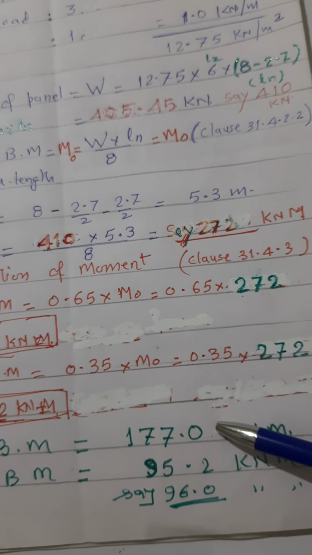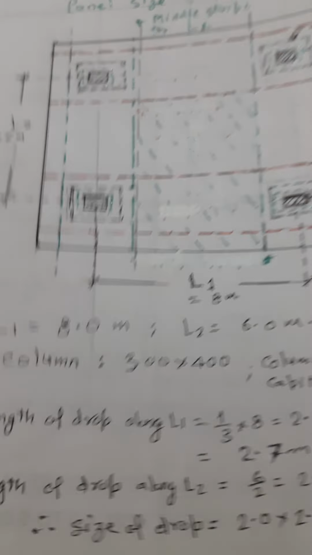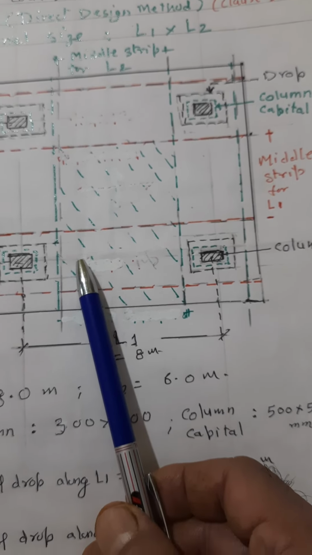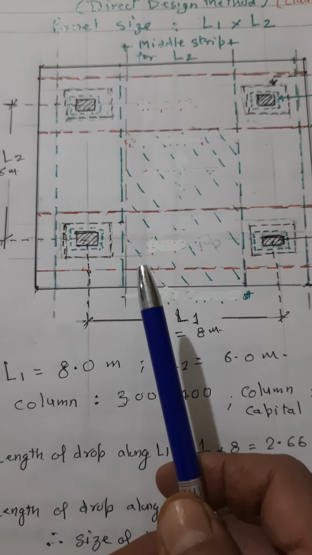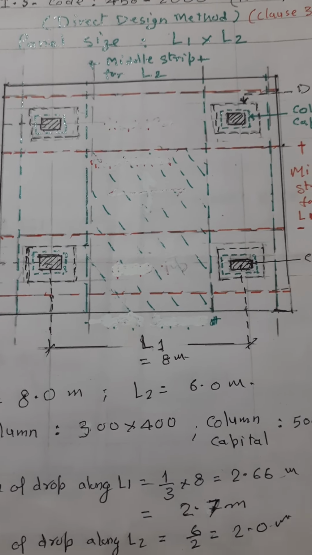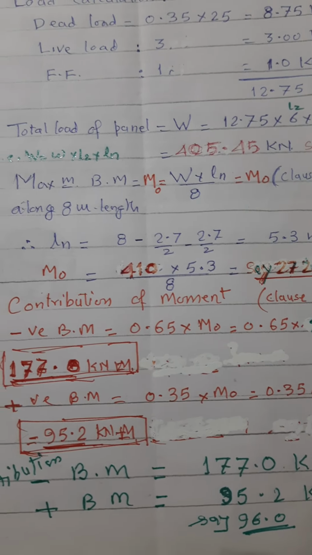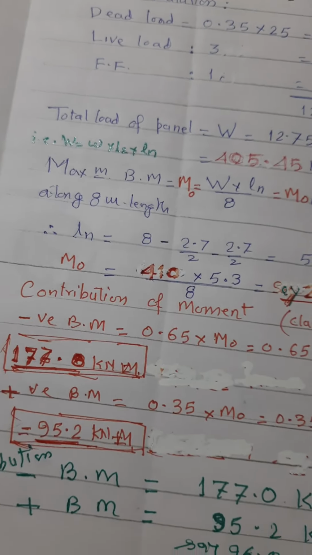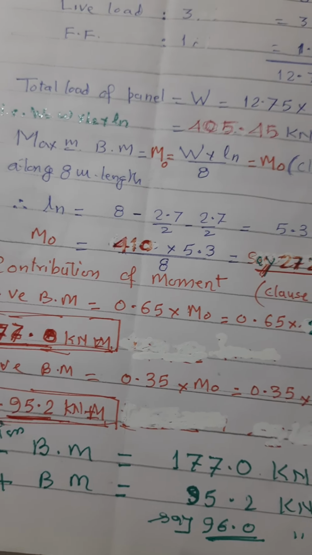Now these moments, the negative moment, will be distributed to the edge strips as well as middle strips. Similarly, the positive moment was also distributed to the edge strips and the middle strips, only by taking the coefficients. So when we are talking about the coefficients, now we will go for the next page and find out how this negative bending moment of 65% of M0 will be transferred to the